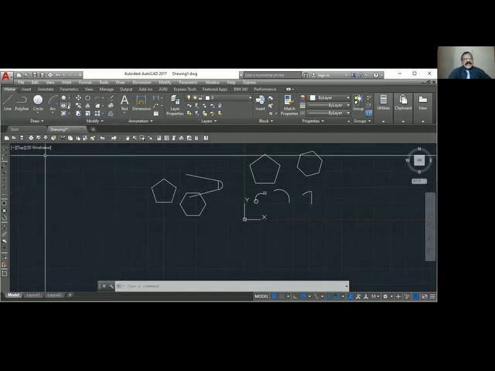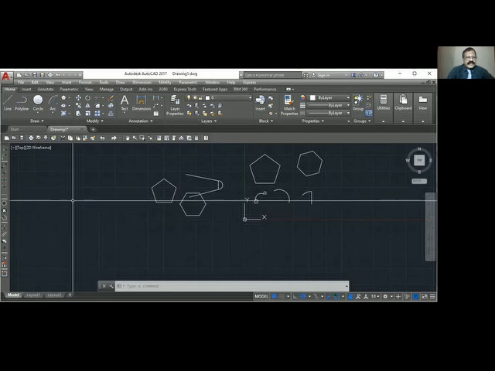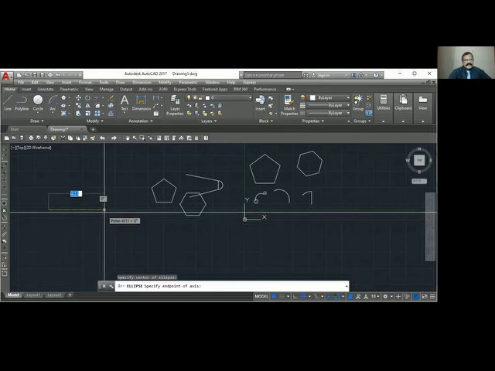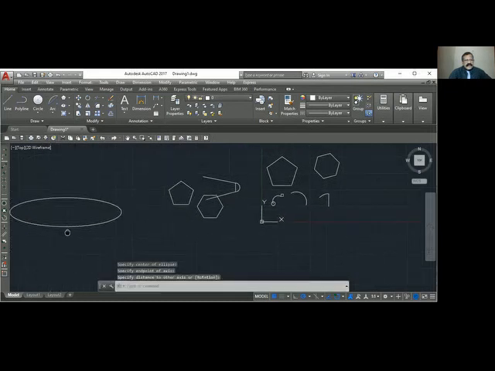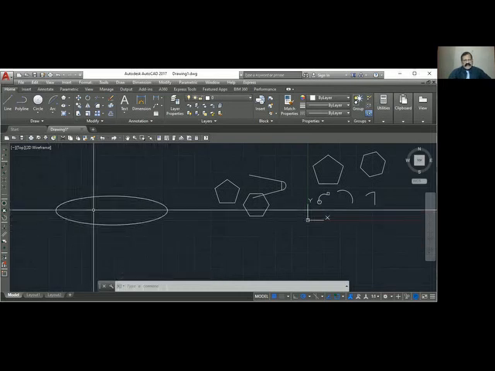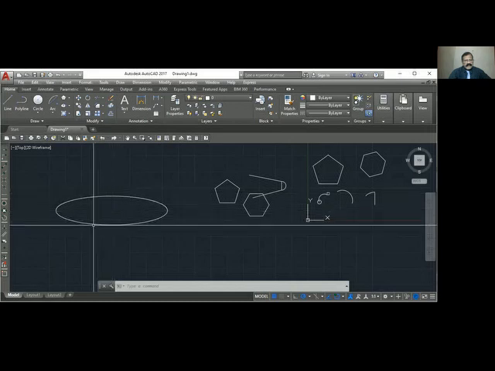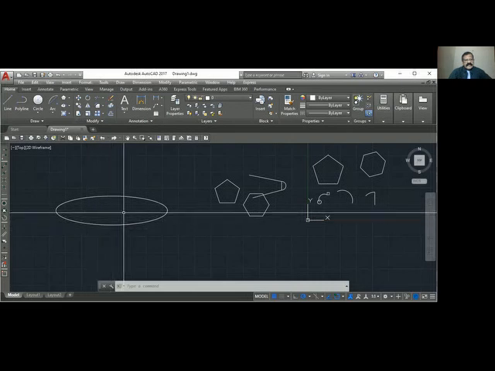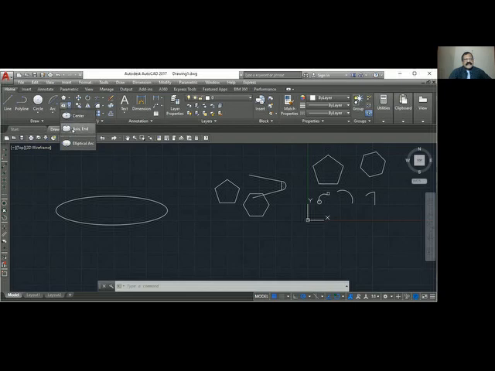Now we'll go to the ellipse. Ellipse is nothing but a distorted circle. So when you draw an ellipse, there are two axes here, one is the major axis and the other is the minor axis. This is the major axis and the other one is the minor axis. We can draw an ellipse in two ways. One is center. I will show the center and show one point. So automatically it will take the same distance to this side and you will fix both points.